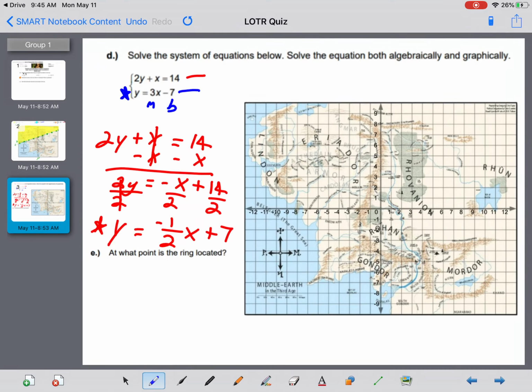So you have your red equation, you have your blue equation, and you are going to graph those on the graph below, on your page on the right, on mine. At what point is the ring located? Well, that's the intersection point where these two lines cross each other. And remember, your intersection point is going to be an x comma y. So make sure you write that in that format, okay? All right, if you need any help, I can't really guide you through the quiz, but I may be